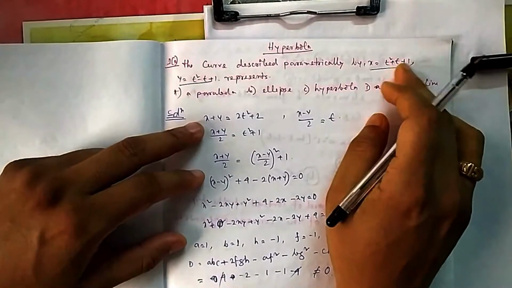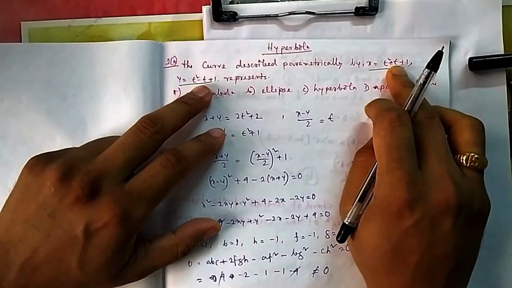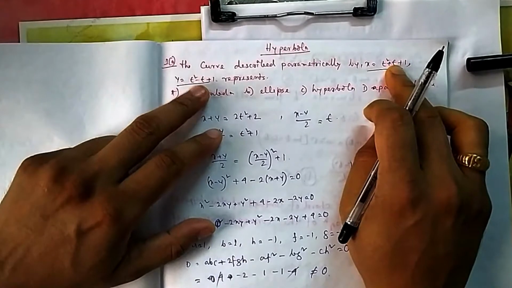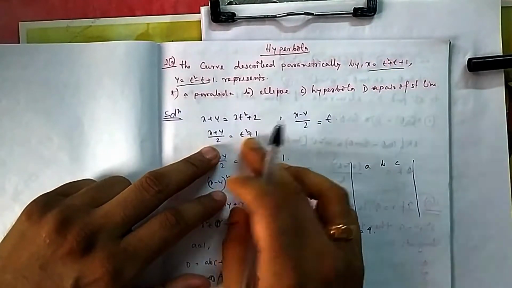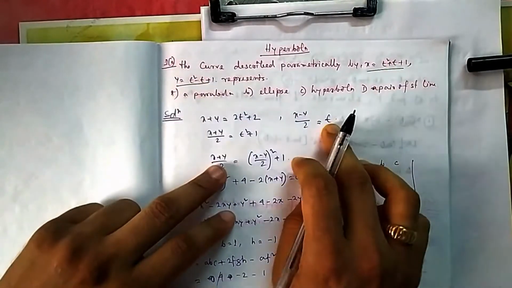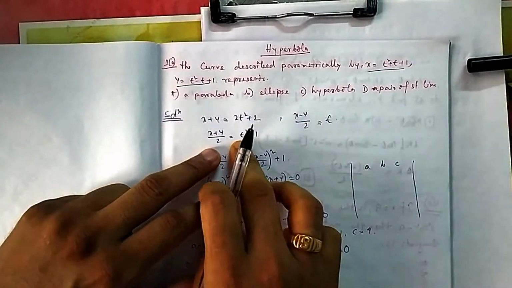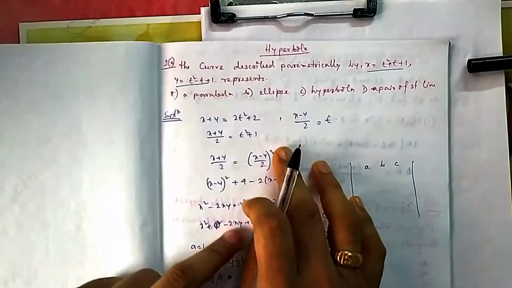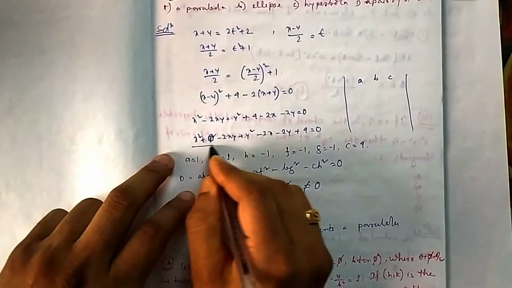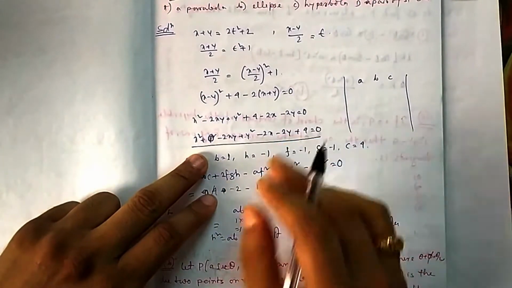So for eliminating t, you can think that first thing is that if you add these two, then minus t is gone, so you have a t square plus 1, and if you deduct these two, then we have a t something of this fashion, t square will be gone. Now these two can be replaced here, so that ultimately t will be gone. You will be left with the equation of x and y. Now once you have an equation of x and y, this is the second order general equation.